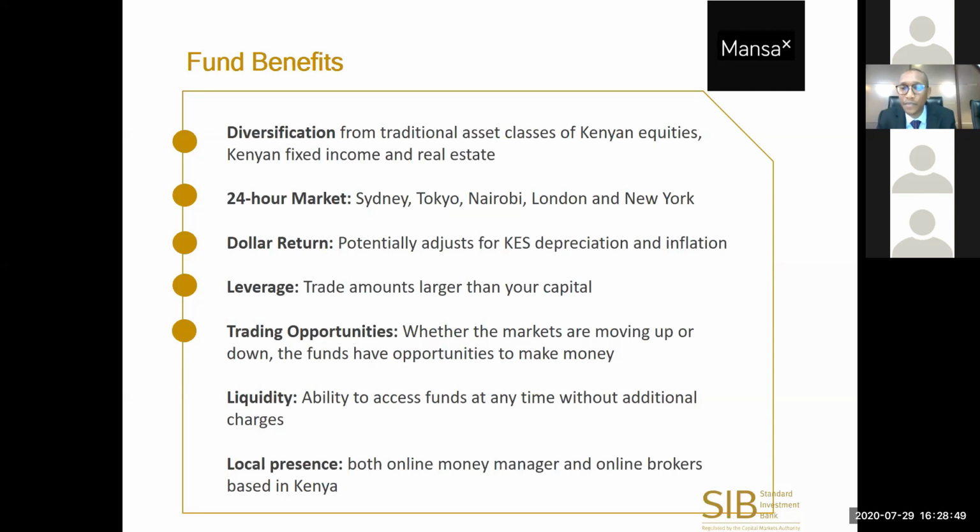As an example, you saw about 2 months ago, there was a major crash in the price of oil all around the world. And mostly if you're a Kenyan investor, you look on helplessly as something like that happens. But within Mansa X, one of our biggest opportunities in the first quarter came from the depreciation in the price of oil, where we went short oil prices. And that is one of the few things that we can do that enhances the returns that we give to our investors.